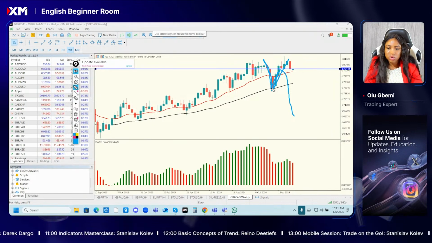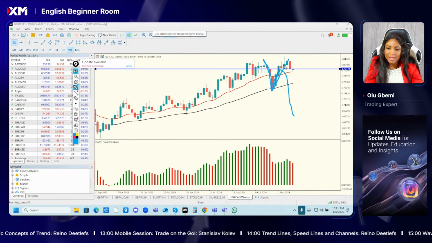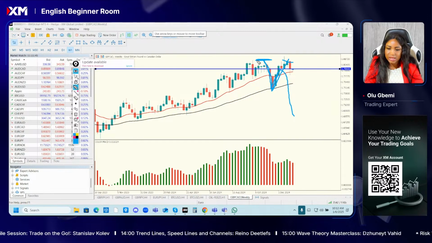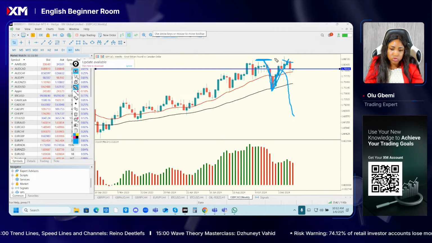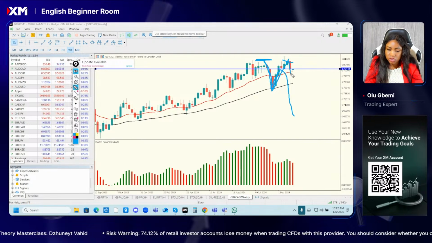But in this case, what happened? After the price had pushed down like this, it goes ahead to form a high that is around the same area as the last high. So that makes it like a V pattern. And then when I have a V pattern, when the price goes to the neckline like that, I expect a pullback like this and then continuation.